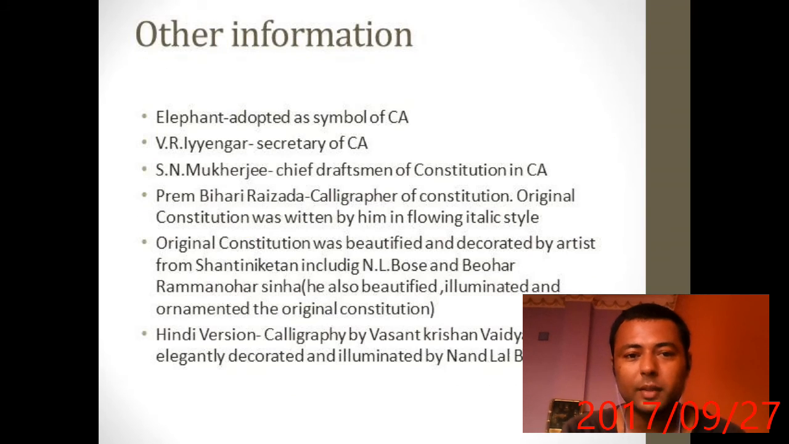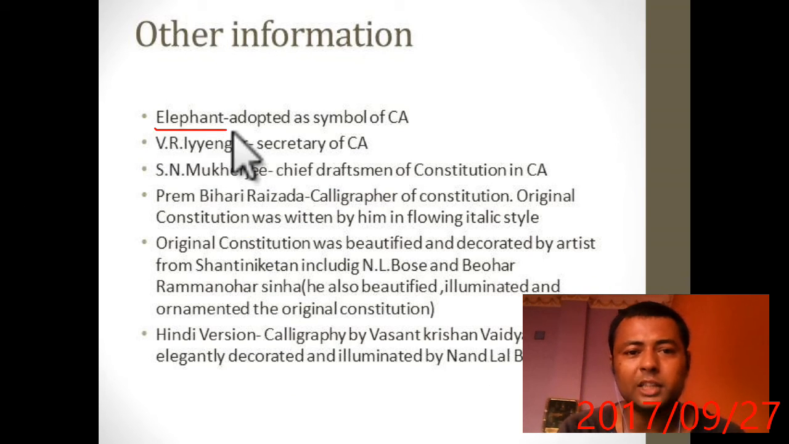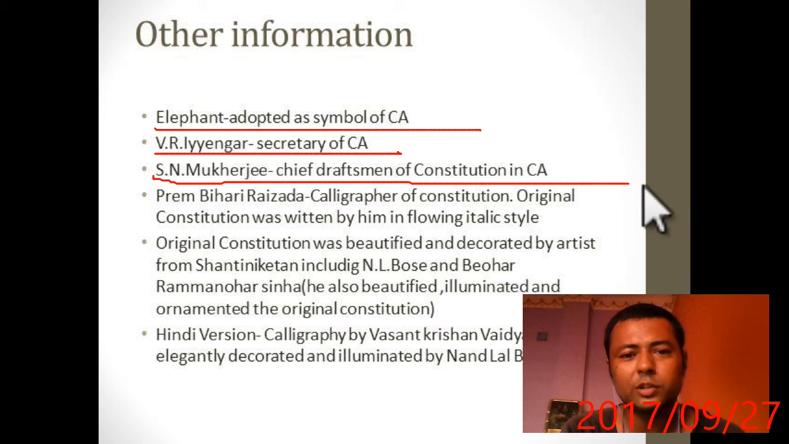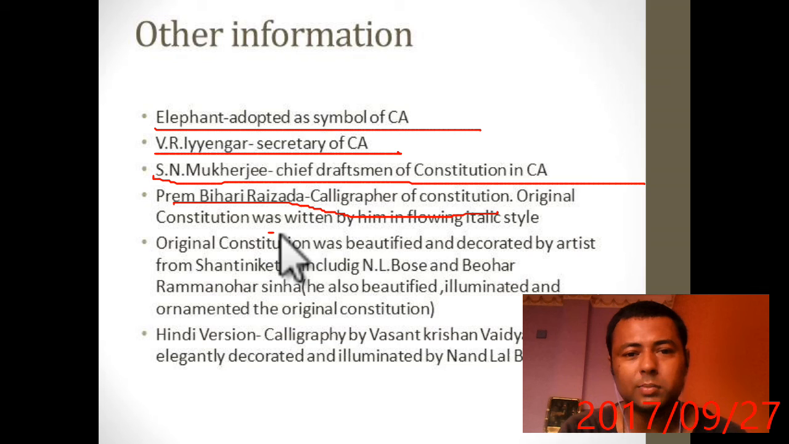Okay. And there is a little bit of other information, like the elephant was adopted as the symbol of the Constituent Assembly. V.R. Iyengar was Secretary of the Constituent Assembly. S.N. Mukherjee was Chief Draftsman of the Constitution of the Constituent Assembly. Prem Bihari Raizada was the calligrapher of the Constitution, meaning he wrote the Constitution by his own hand in beautiful handwriting. The original Constitution was written by him